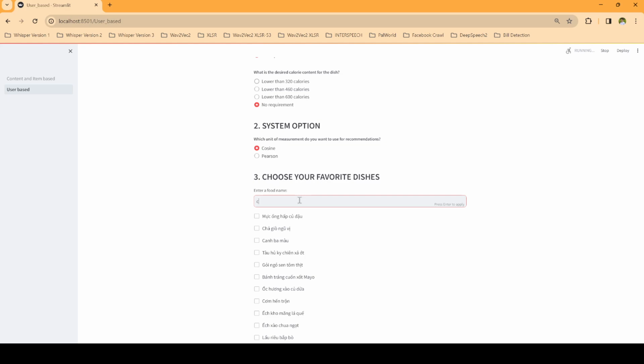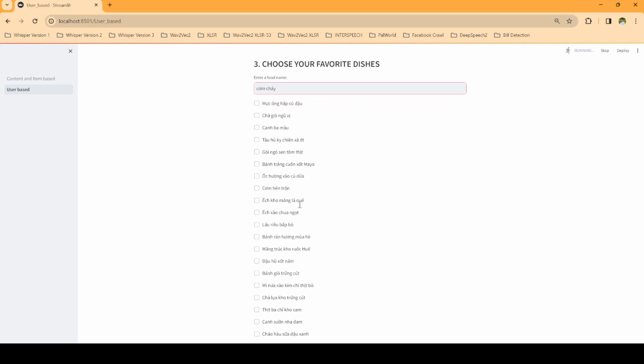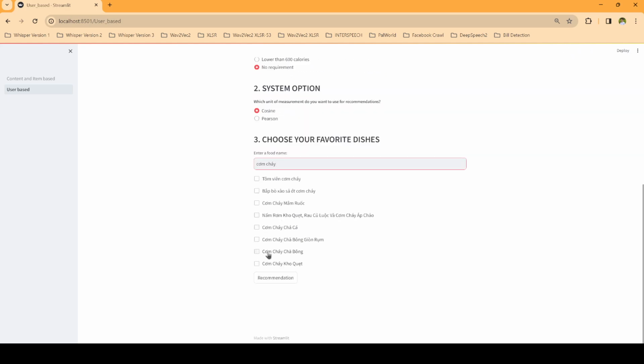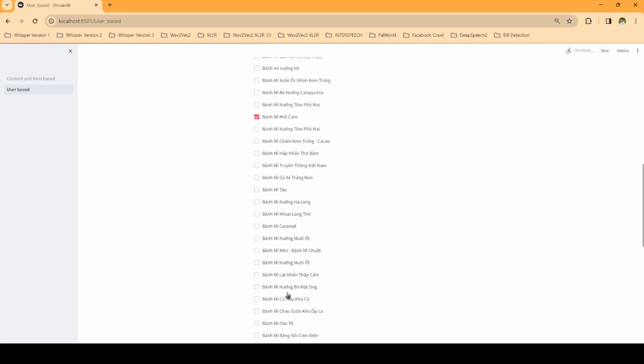Okay, I will choose another Scotch rice. Press enter to apply, and they are okay. We choose 1, 2, 3. I will choose some bread. Okay, one.